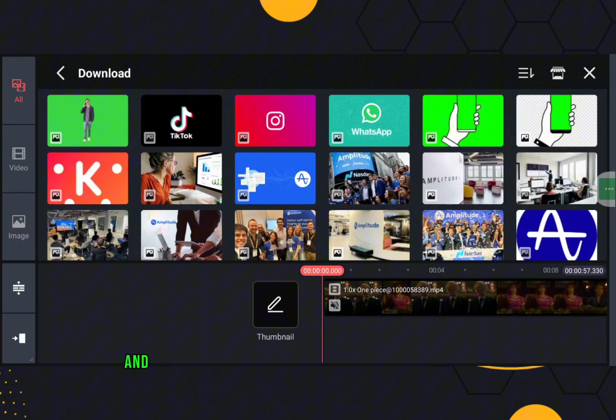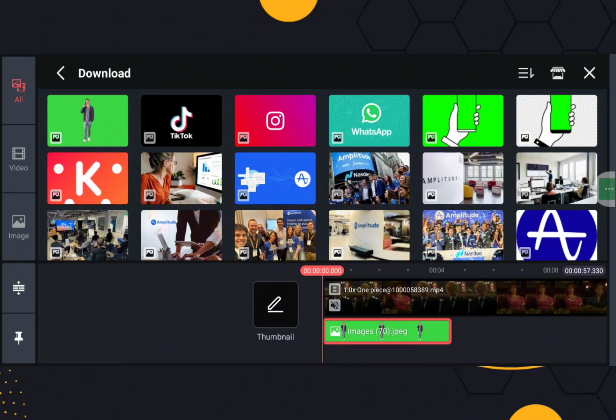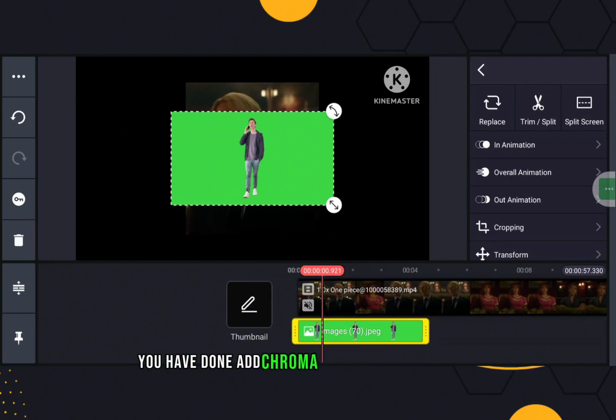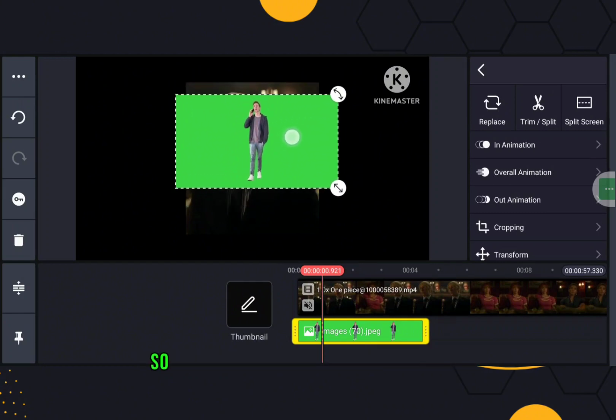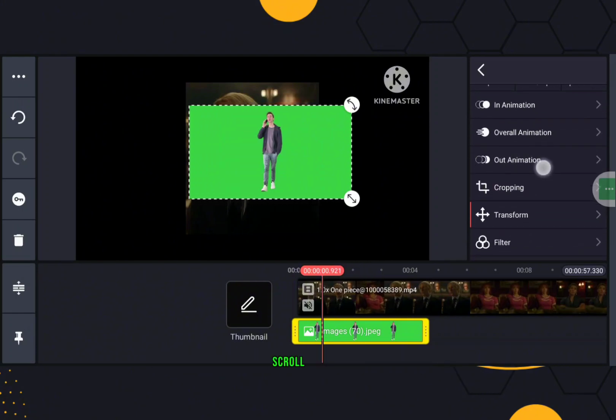And now in this example, I will choose this chroma key. As you can see, you have done add chroma key media to your video. So for now, I will use chroma key in this media. Scroll down,